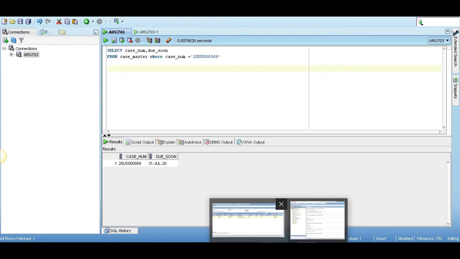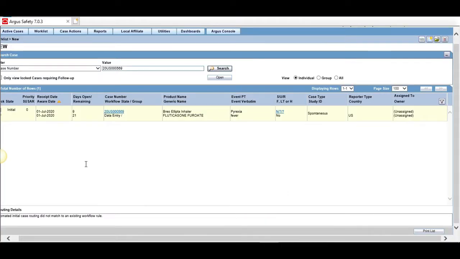Let me show you the application screen once again. You will find the initial receive date as 1st of July. Days open is 9, that means 9 days have gone by. The case is still new in the data entry workflow.